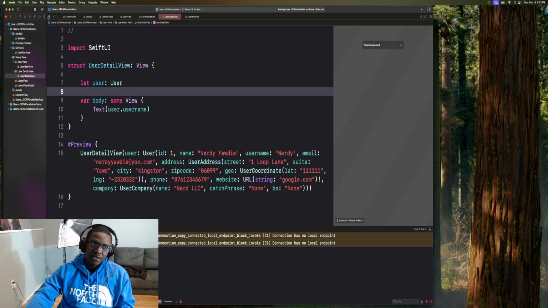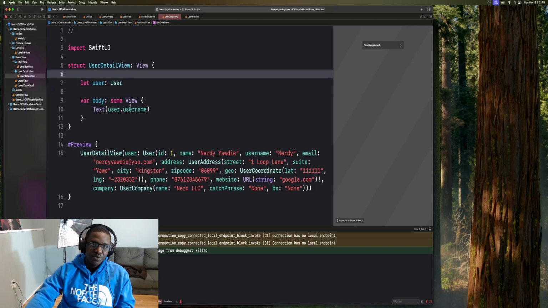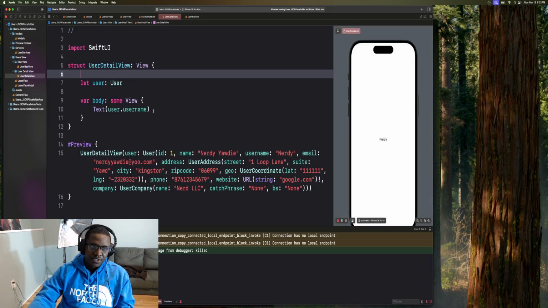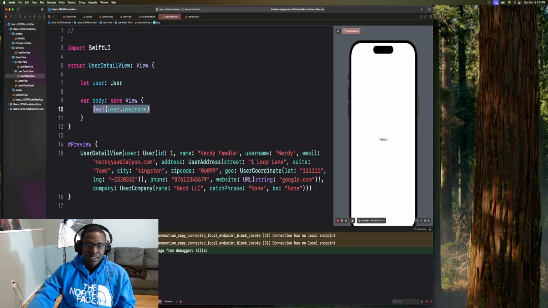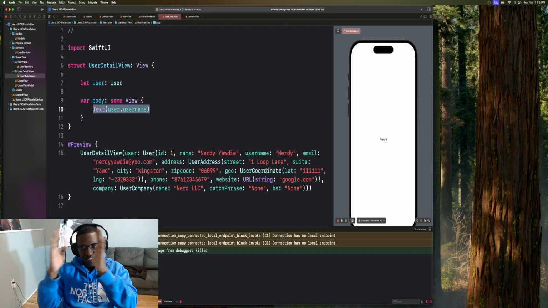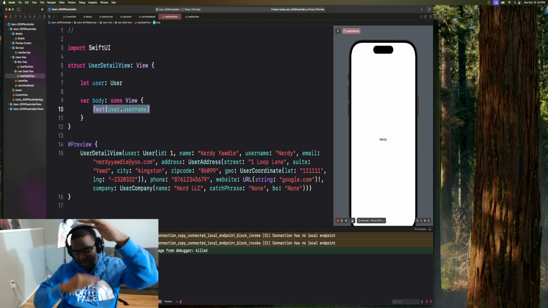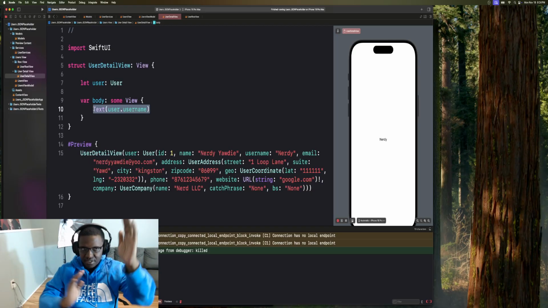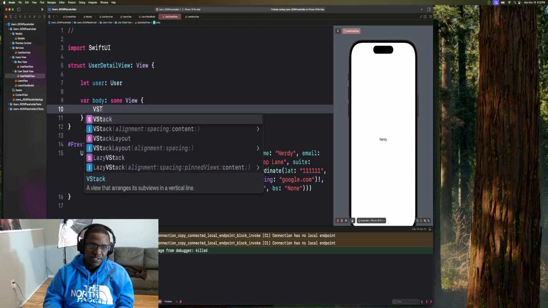Okay, so we know that that's working fine. So what we're gonna do now is update our user detail view, make it more visually pleasing. First thing we can do is wrap this inside of a VStack. Pretty much we're gonna want a lot of the contents going down this direction. We might have some content that's horizontal, but most of it is just gonna be going in a vertical alignment. So, VStack,